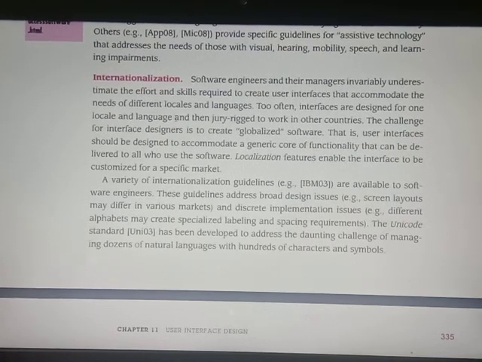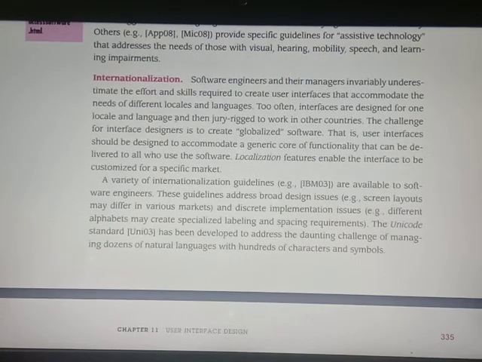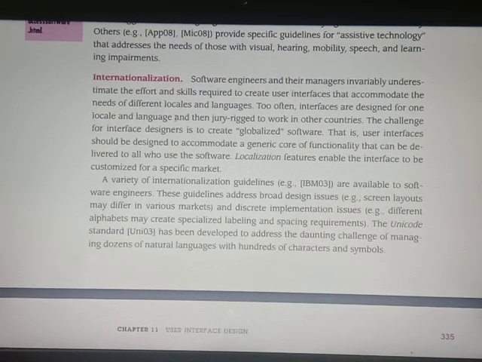If the software is designed, it must be understandable by the people of India, of Africa, and of any other country. The user interfaces should be designed to accommodate a generic core of functionality, so that anybody can adapt and use that application or software.